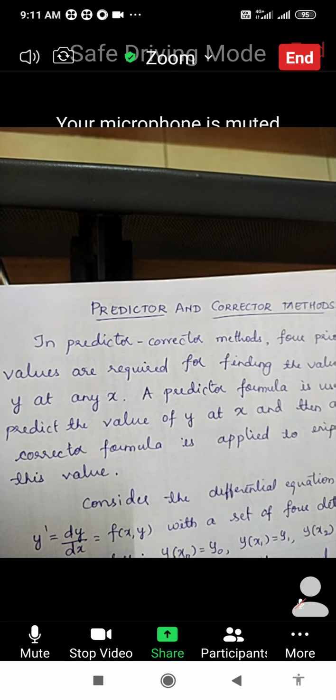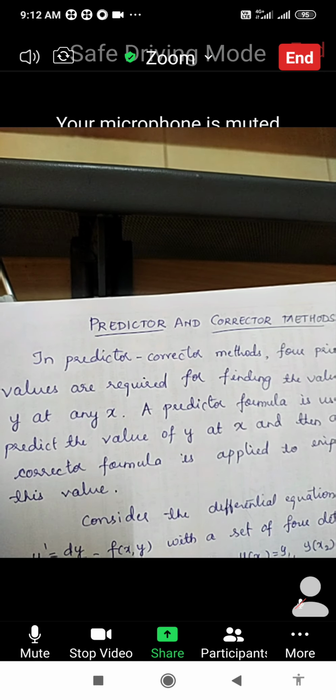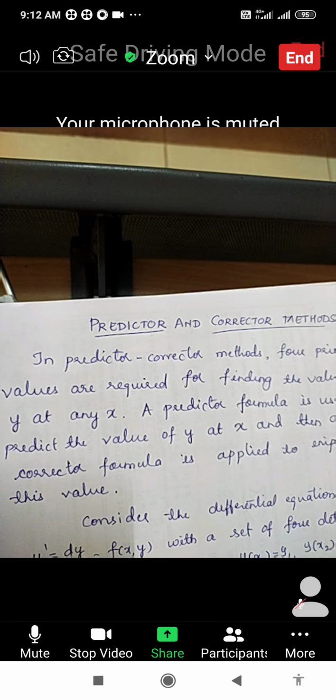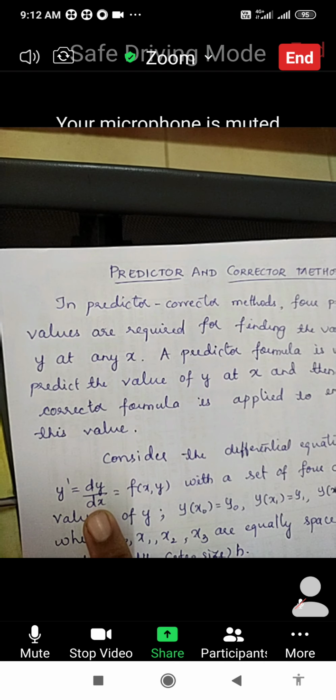So, good morning, students. This is a continuation of the same module, numerical methods only. As you are aware, in this module you are going to study 5 methods. In that, 3 are being covered. Okay. So, what you used to do there was solve dy by dx equal to f of